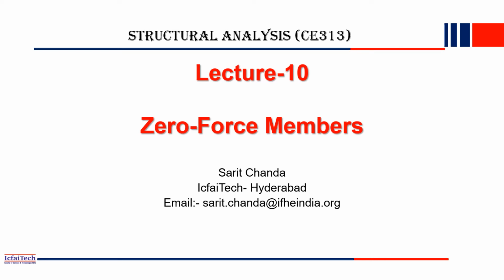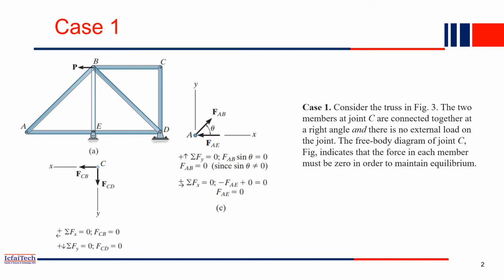If you remember, last class we started analysis of truss. We used the method of joints to analyze the structure. So what is the method of joints? Basically we used the two equilibrium equations for each joint, and then we resolved the forces, and we got the final values, the reaction forces for the different members. So today we'll discuss what zero force members are and how they will be helpful for our structural analysis.